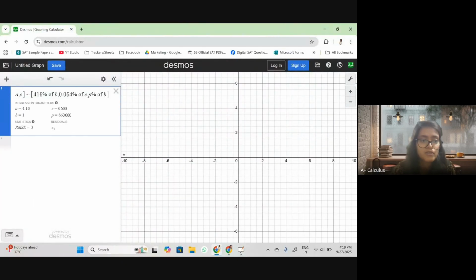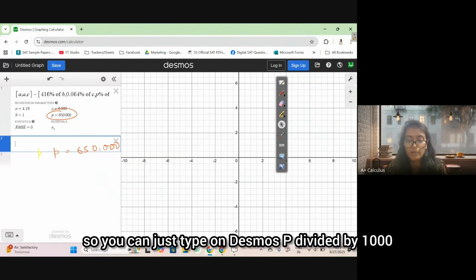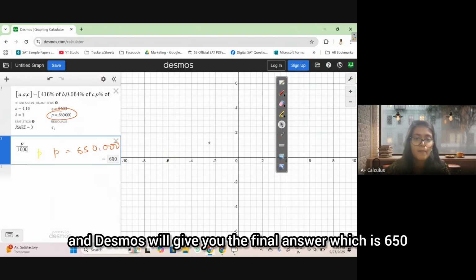Okay, so you have the values of all the parameters. So P is 650,000 and you want the value of P over 1000. So you can just type on Desmos P divided by 1000 and Desmos will give you the final answer, which